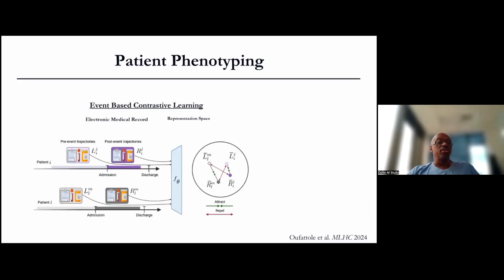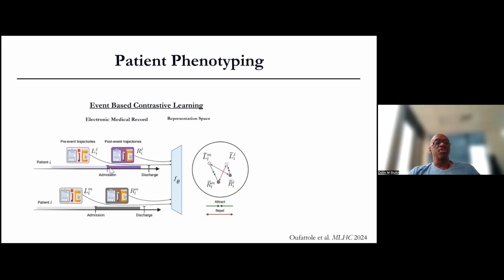There's a method called event-based contrastive learning, which we worked on a couple of years ago. In this method, it begins with some clinical trajectory, some event that one considers to be important, so heart failure admission. In a patient's lifespan, you identify some points that you think are more important. So it does require some a priori knowledge, some domain-specific knowledge about what type of events, and you build embeddings around these events. You use these events as anchor points, and you use those anchor points to build embeddings.